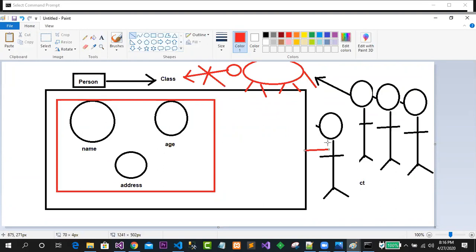Why do they fit into this class? Because all the objects you can find over here fit these properties. What are the properties? Name, address, and everything else. So this is exactly the object concept. But a question is here: why was the object concept introduced? The object concept is for code reusability.